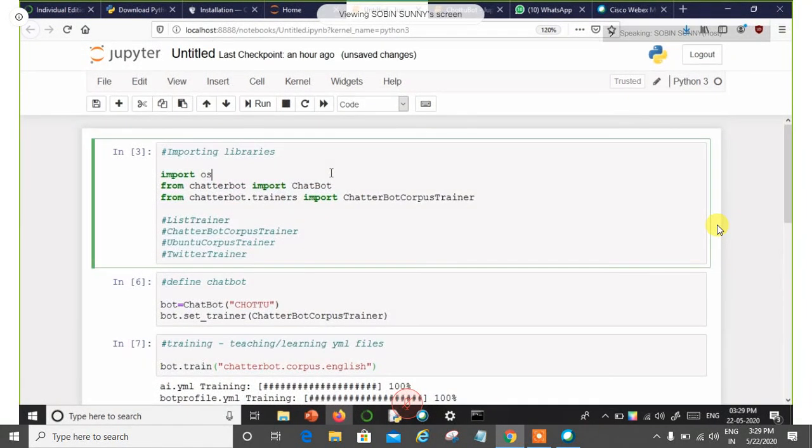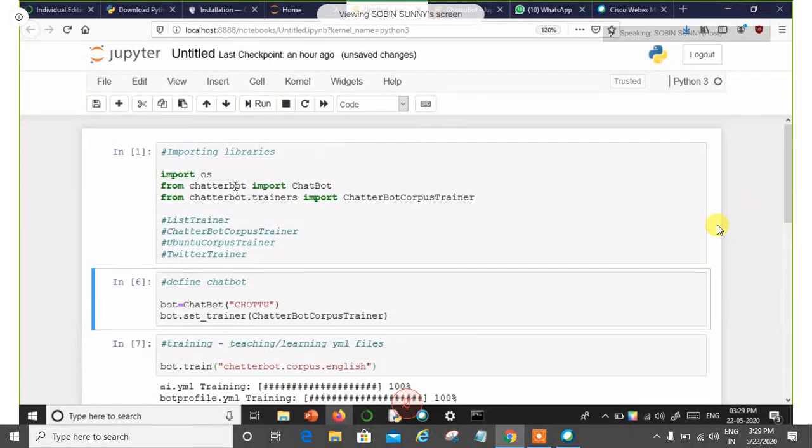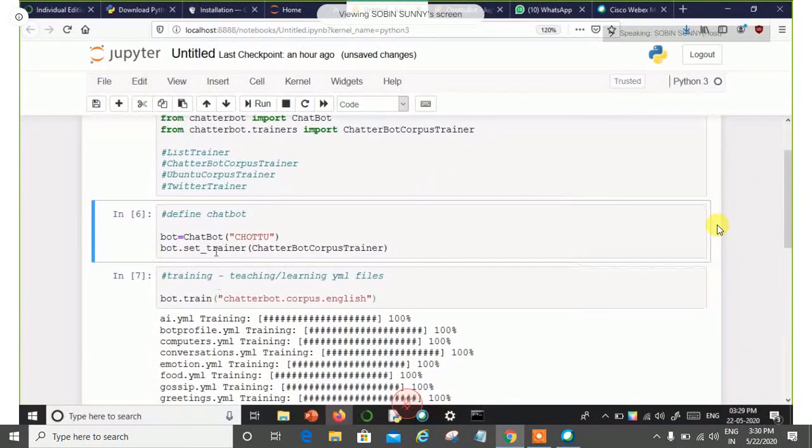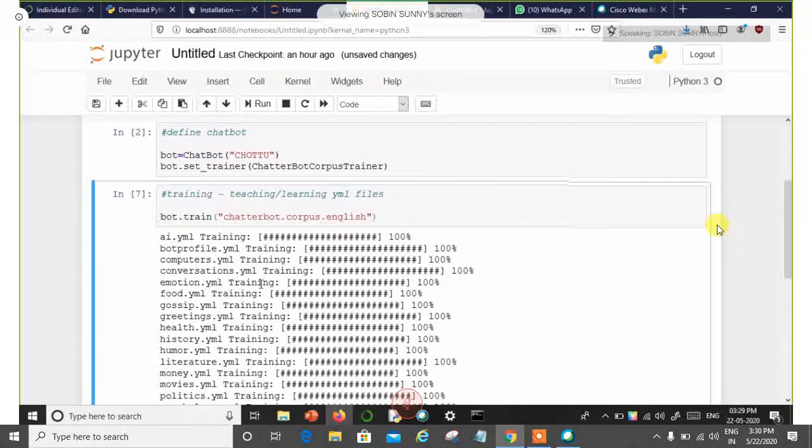I shall start running the cell. The cell has been accepted and it shows 1. I'm running this cell again, 2. But if you remember, I already told you that it's not necessary to train every time, even though I have restarted the kernel, because I have run this cell already.